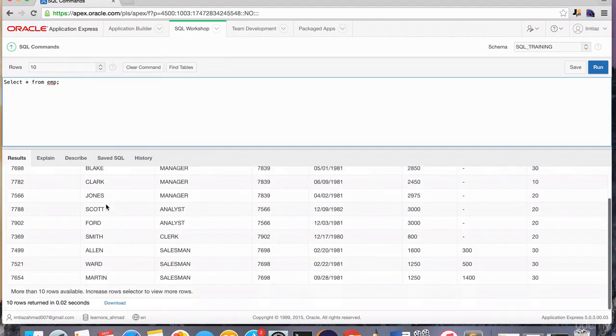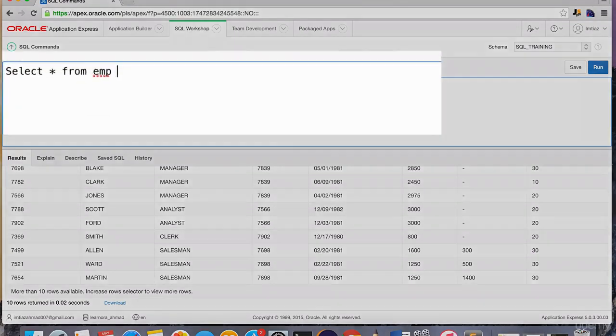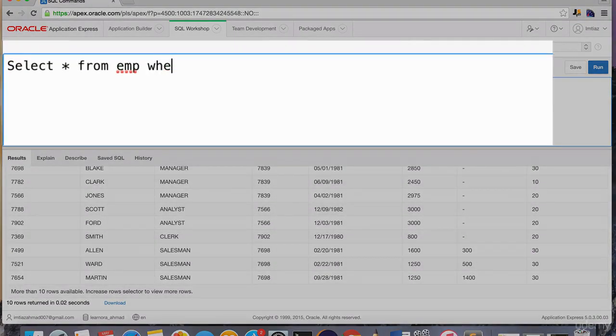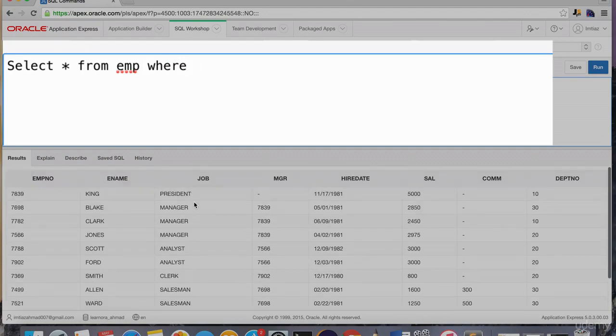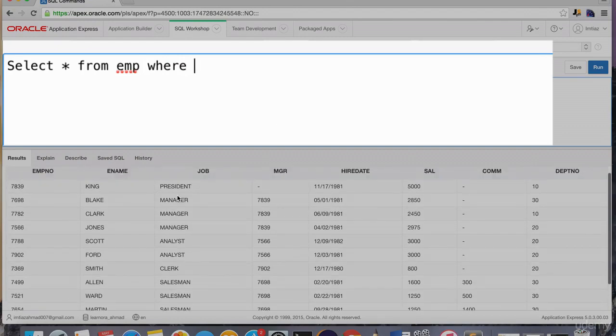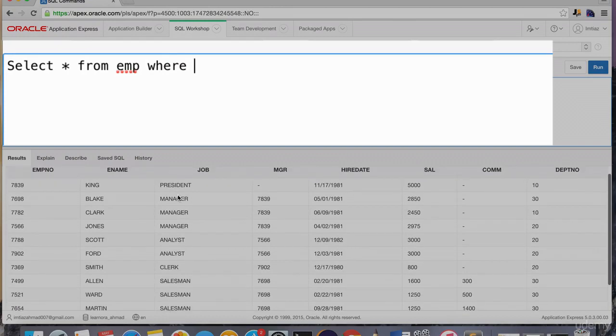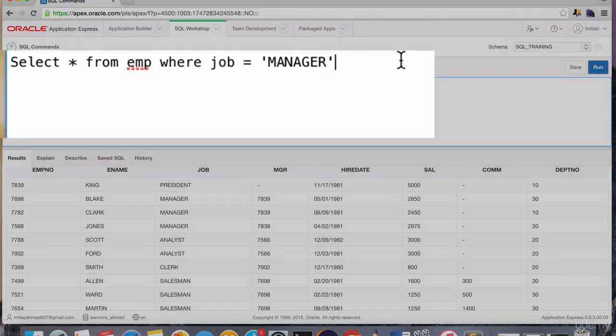Now I can further filter this by adding the where clause or where keyword to this query. And the way we could do that is I could do where, and let's say I only want to see those records where the person needs to be a manager. Okay, so I could do where job is equal to manager, like that. So this is going to return me all of the records that contain the word manager in the job column,